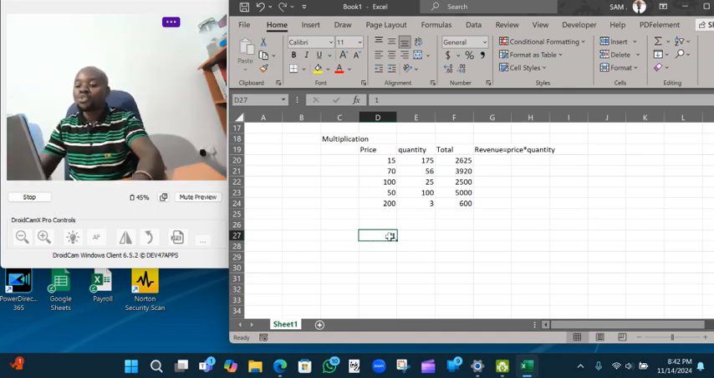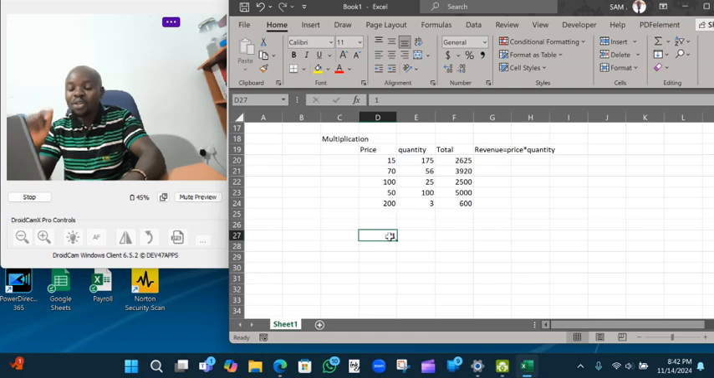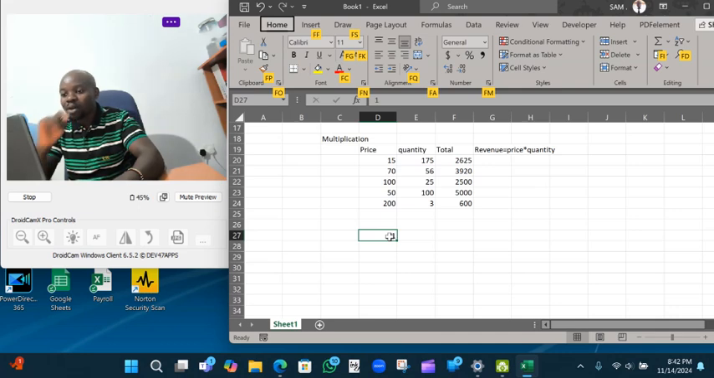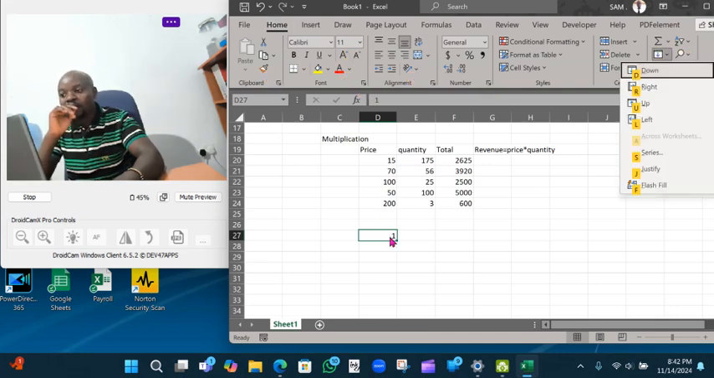Then I want to use the Alt key. I want you to hold on to the Alt, then click on H, right? Once you click on Alt, then H, I want you to go slowly, so that you come up with the series function. To come up with the series function, after clicking on Alt, H, I want you to go to F. When you go to F, go to I. When you go to I,